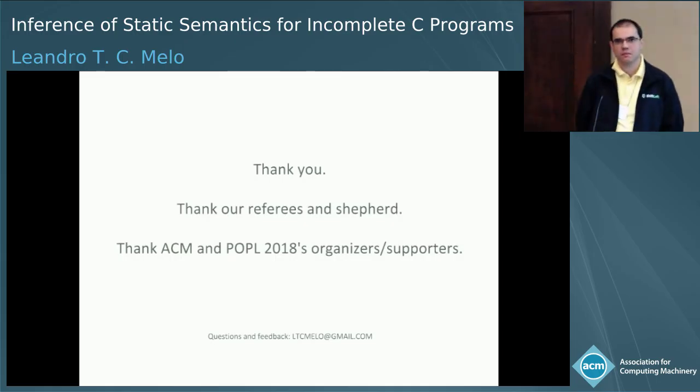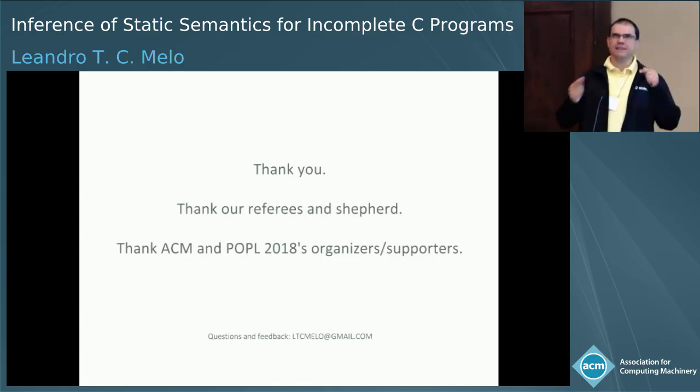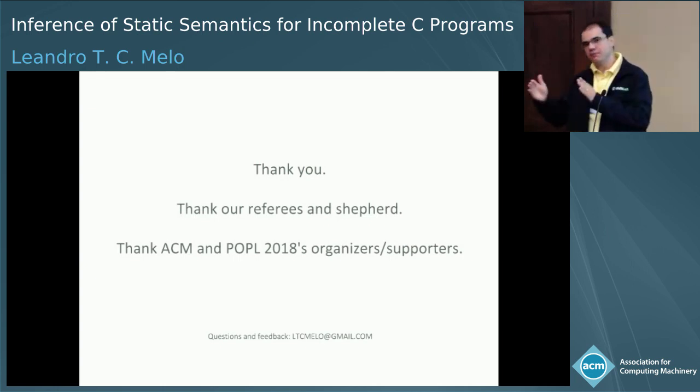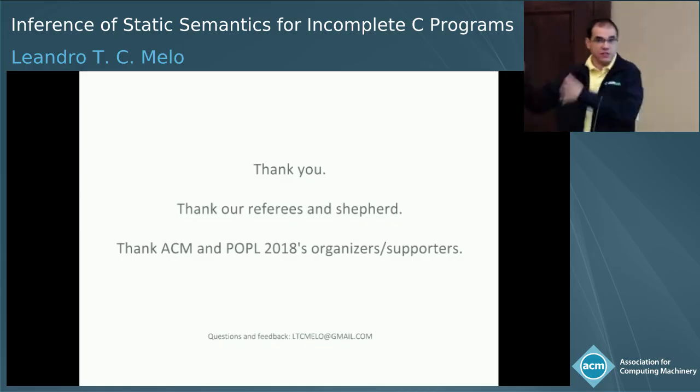Hi. So did you find in your analysis that missing macro definitions ever misled what you determined? Yes, macros are a terrible problem. So the thing is, if an unexpanded macro turns out to be valid C syntax, like a function-like macro or object-like macro, we'll just understand that as a function, right?